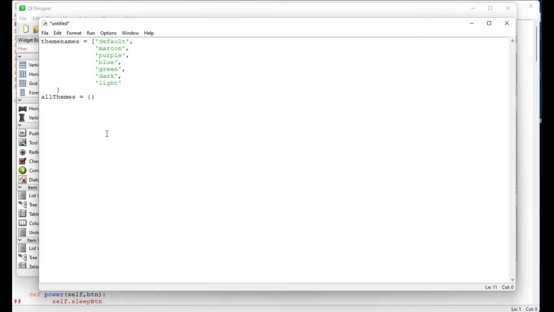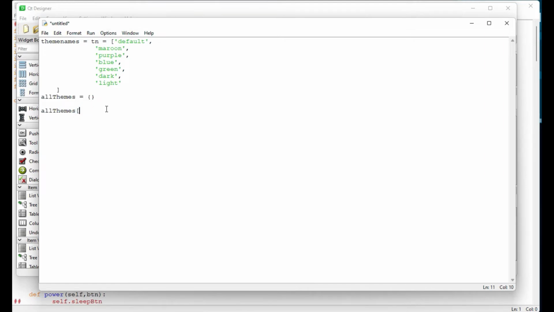I will open my Python file, and under this, first of all, let me make one variable, and the variable name will be all themes. Here I will pass, let me shorten these theme names. This theme names variable, let me shorten as tn, meaning theme names. So now I can use tn as theme names.